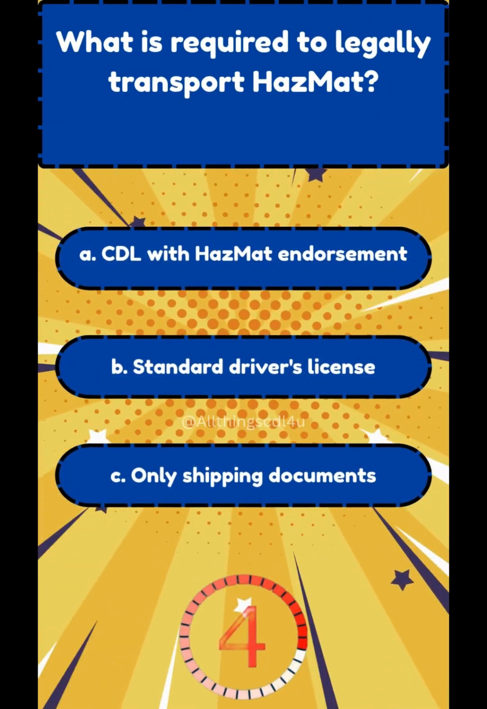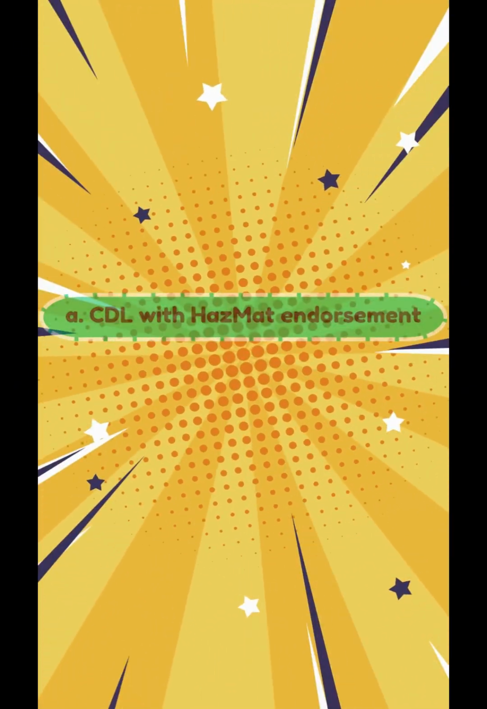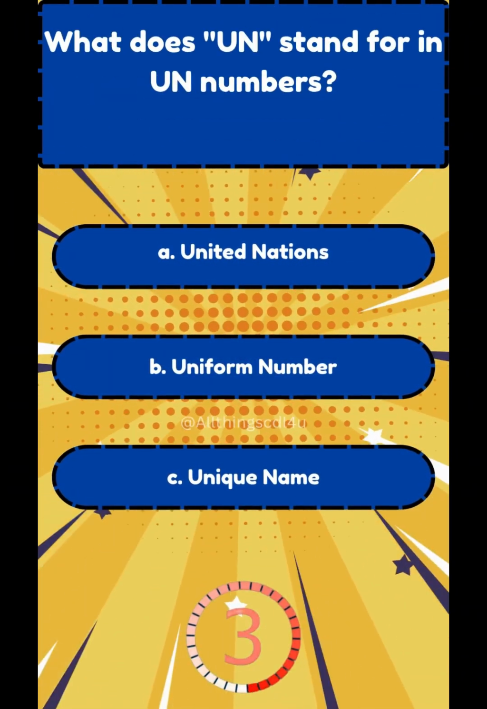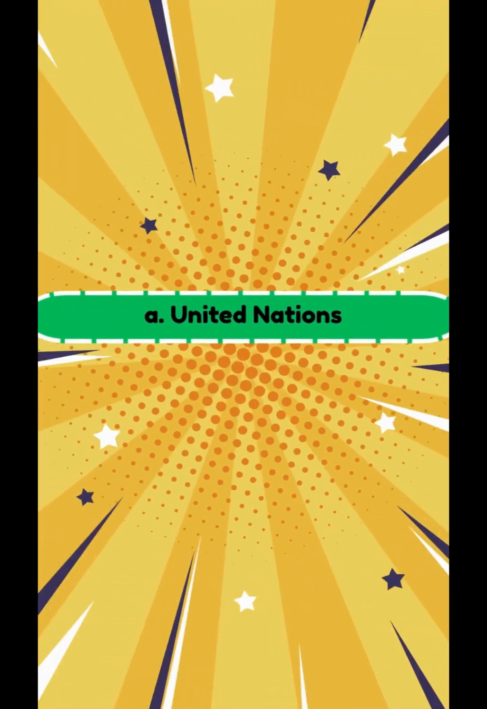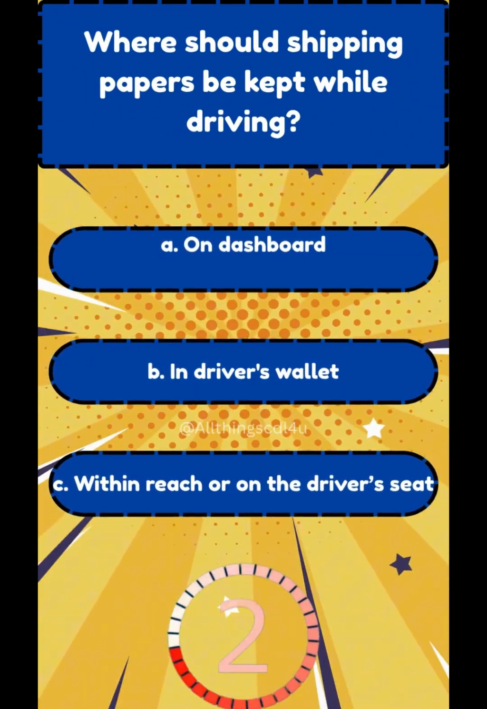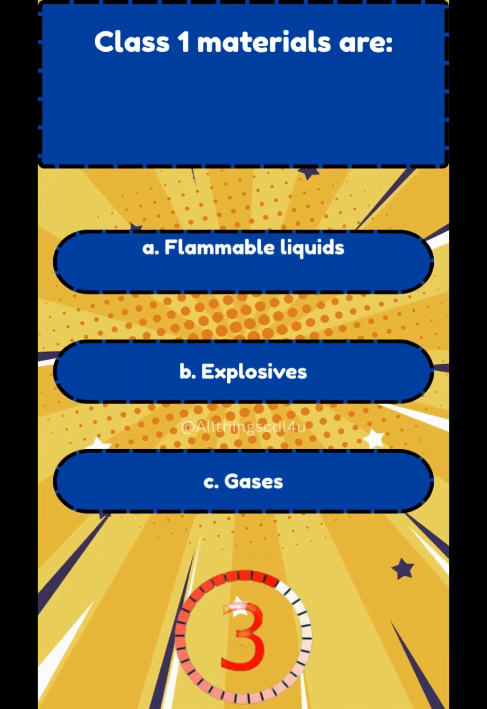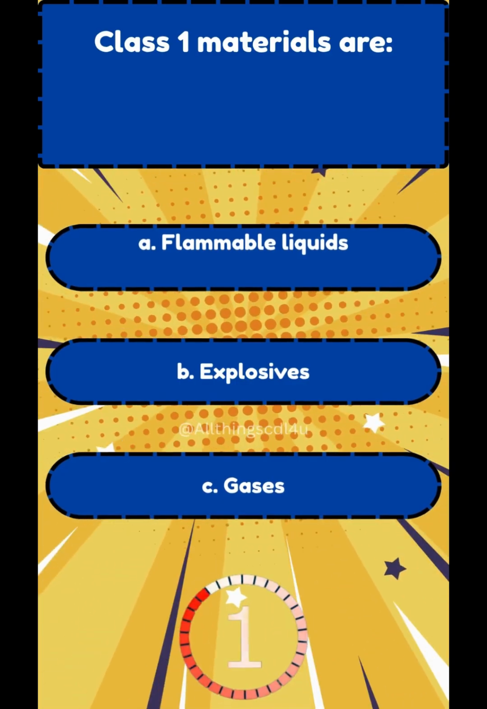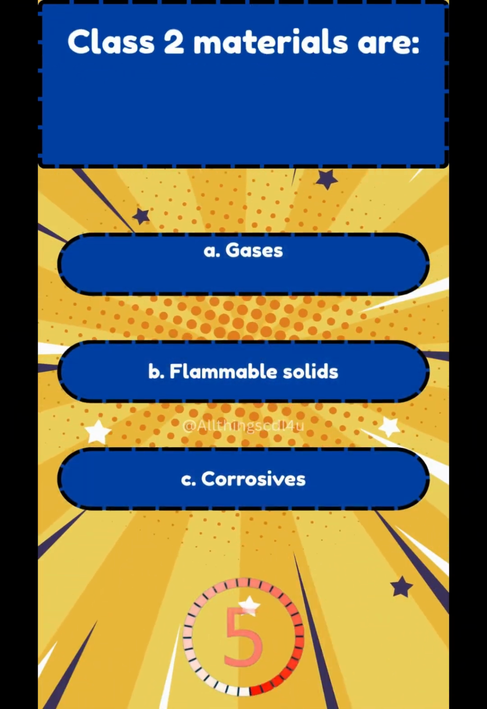What is required to legally transport hazmat? What does UN stand for in UN numbers? Where should shipping papers be kept while driving? Class 1 materials are: Class 2 materials are: